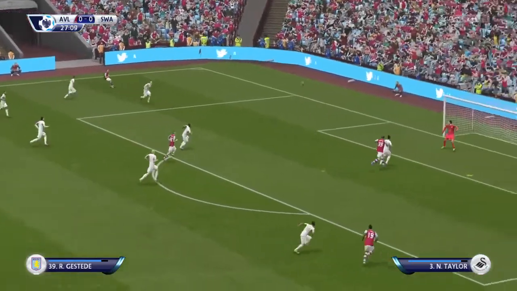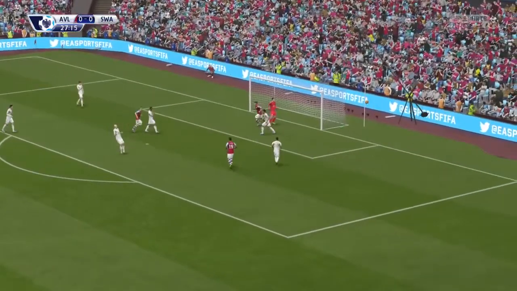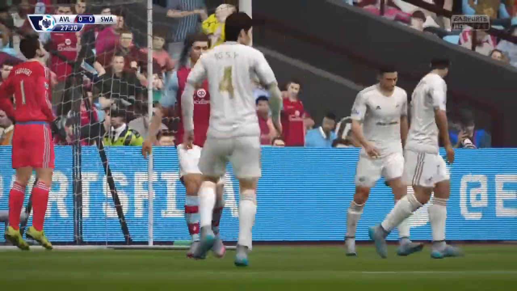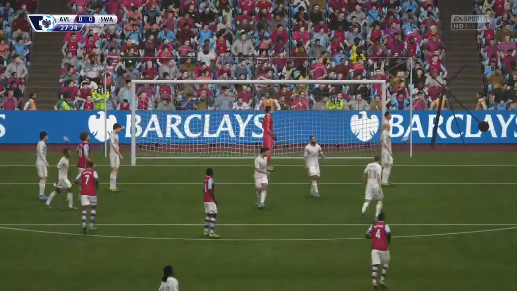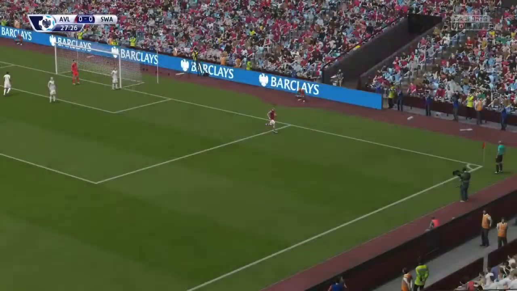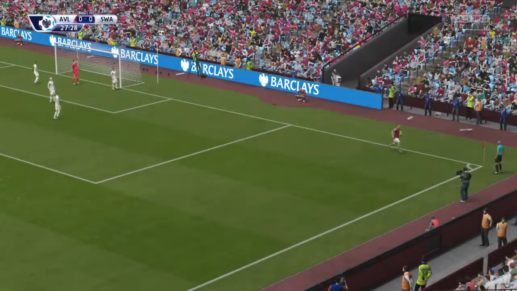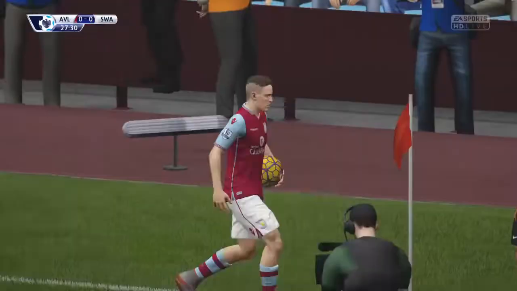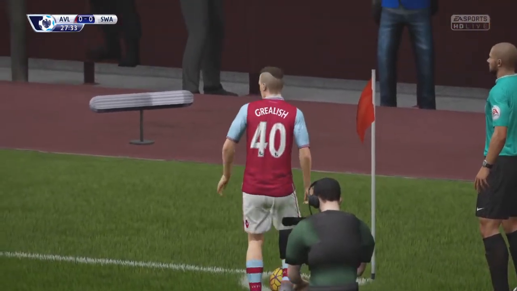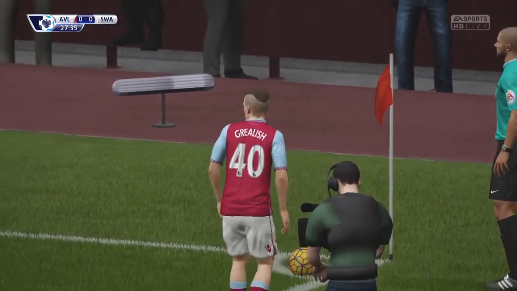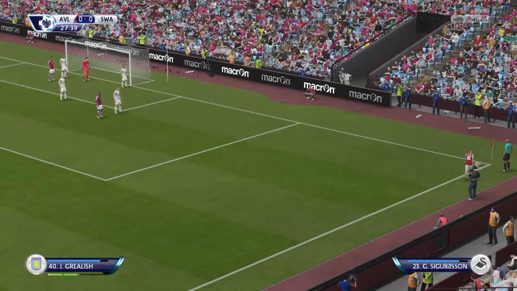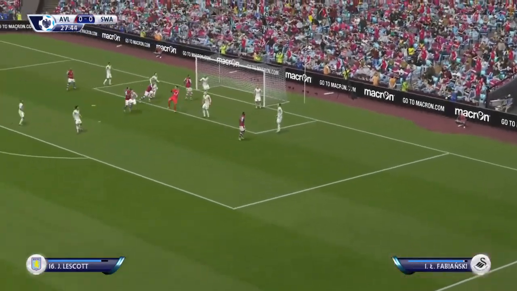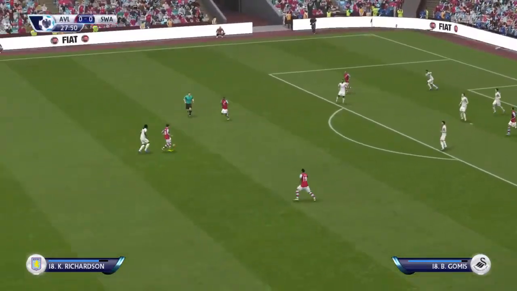Here comes the cross. And he's in there with a header. Deflected behind. A clear corner. A decent fist away by the keeper.